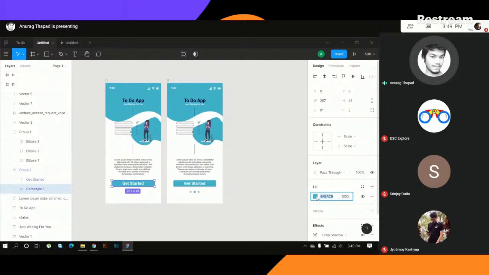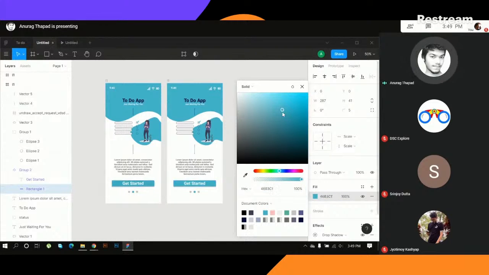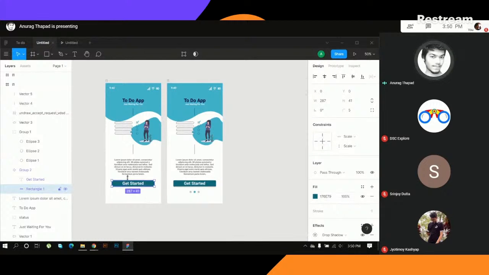If we want to change the color for this initial button, you can see the variation that is happening in the other button also. So basically a component means that once you create a component and whenever you duplicate it, if you make changes to the parent component, those changes will also be visible in the child component. Since this was the first one, this is the parent component that we created. We just copied it, and this became the child element. So we can change the color in this way. Altogether, if we have the same elements,